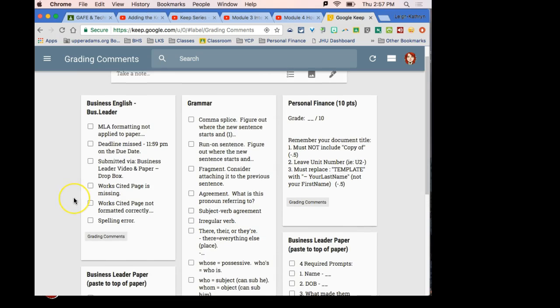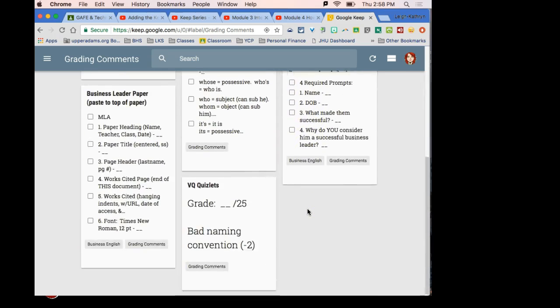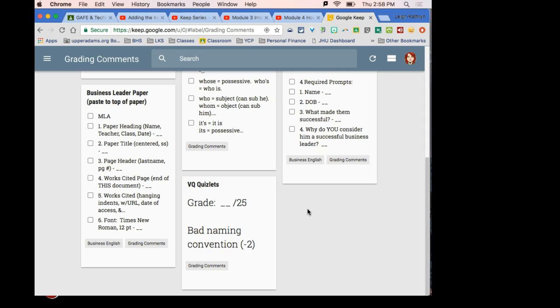So there's a way, and this is kind of more an advanced thing, but if you make the same comments on grades over and over, when you're grading things over and over again, there's an extension that we can talk about on another date, where I can open this up and just go click, click, click, and it'll add these without me having to retype them over and over again. But in the meantime, you see grading comments. So these are all my grading comments all in one place, even though back on the home screen of this, they're kind of everywhere.